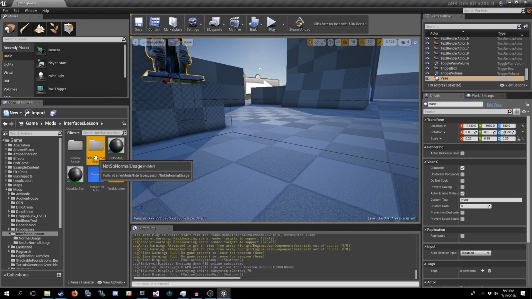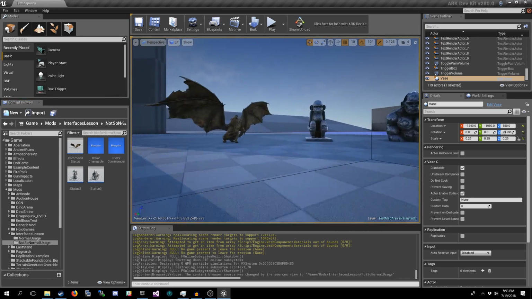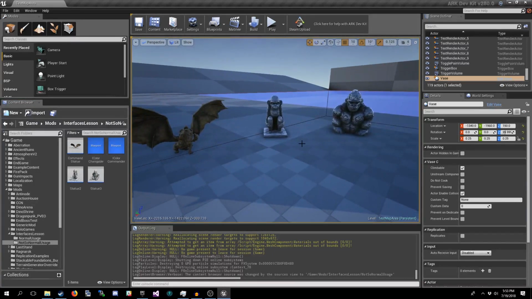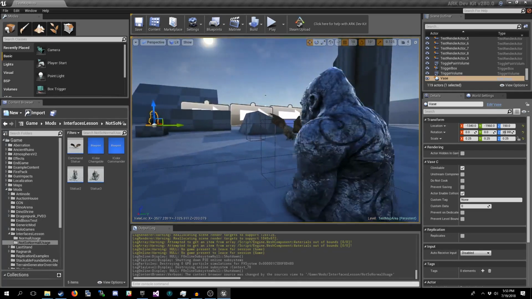Now, for the not so normal interface usage. When we're making mods, we often have a problem that crops up eventually with references. We're trying to make all of our classes talk to each other in such a way that it creates a hard reference between them.